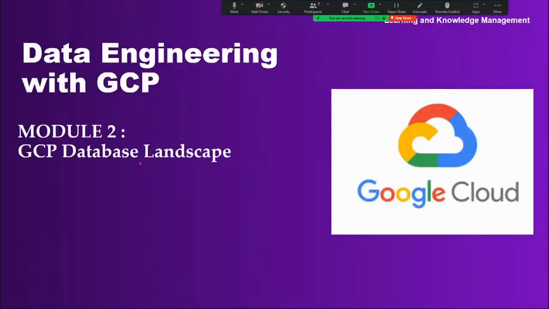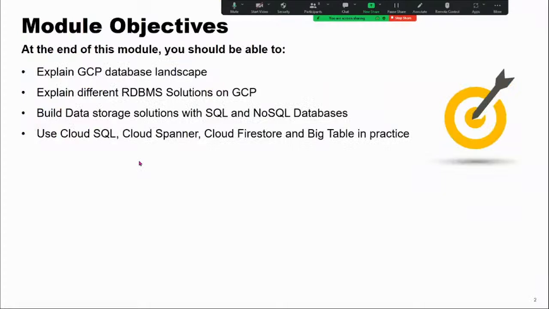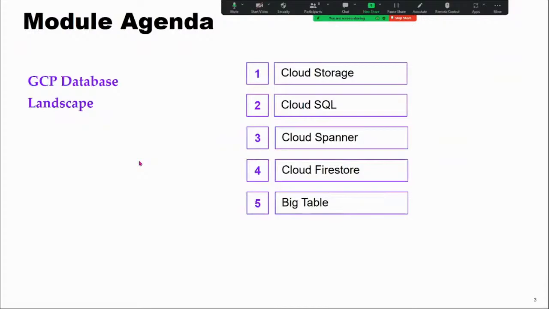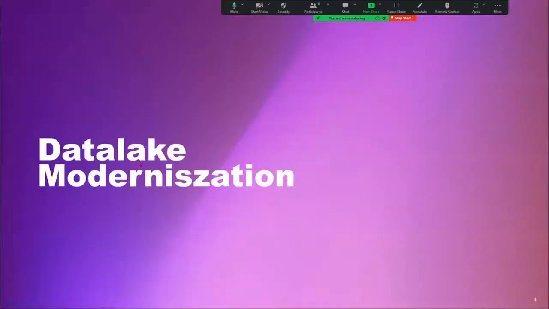So in the GCP database landscape, this is the agenda, guys. We are going to explain all the GCP database landscape and the differences between RDBMS as well as NoSQL databases. And in this one, we're going to look at Cloud SQL, Cloud Spanner, and Bigtable. So first, we're going to see